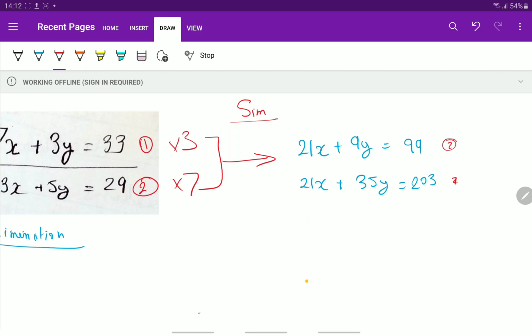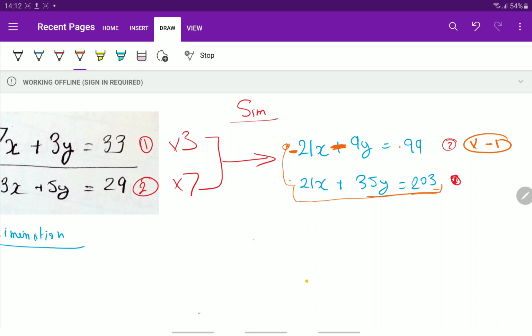What we usually do with elimination is we subtract one equation from the other. So we want to find the bigger equation. Here we can clearly see that this is the bigger one, so you want to subtract this from this. How do we do that? We just multiply this whole thing by negative 1. When we do that, the signs change. So it's negative 21x